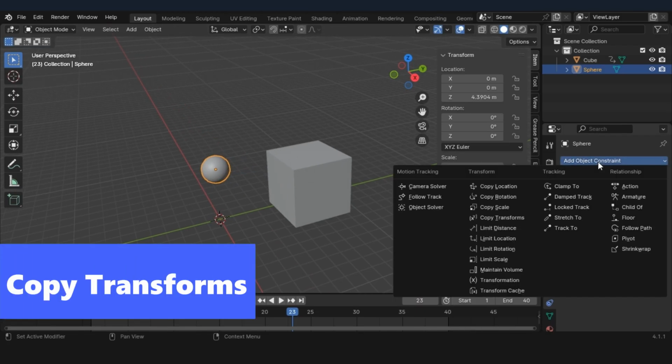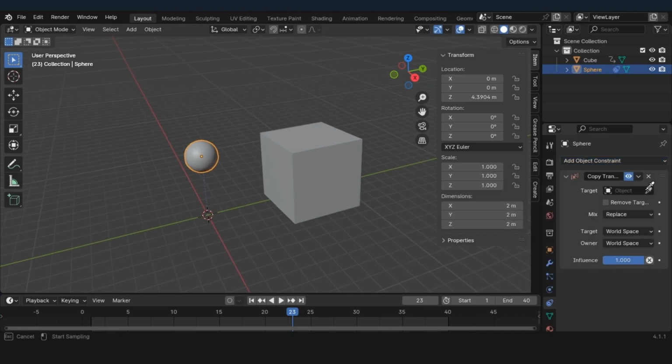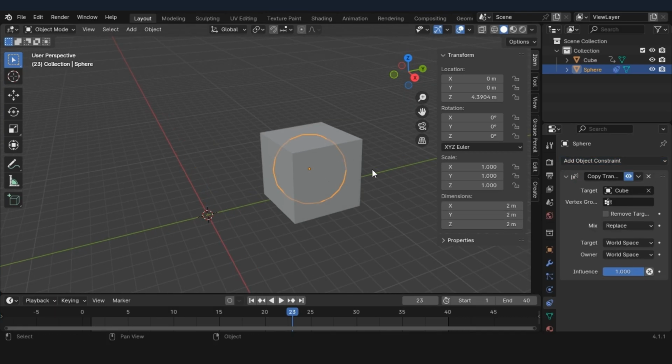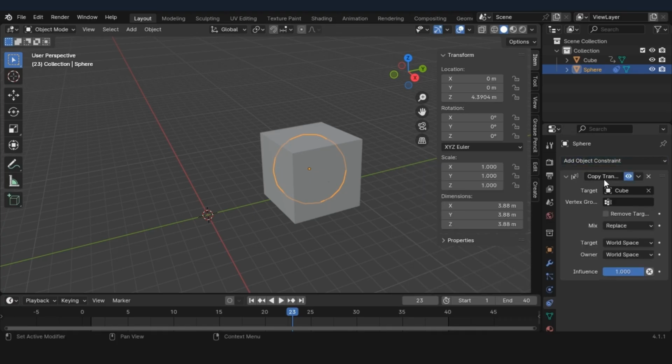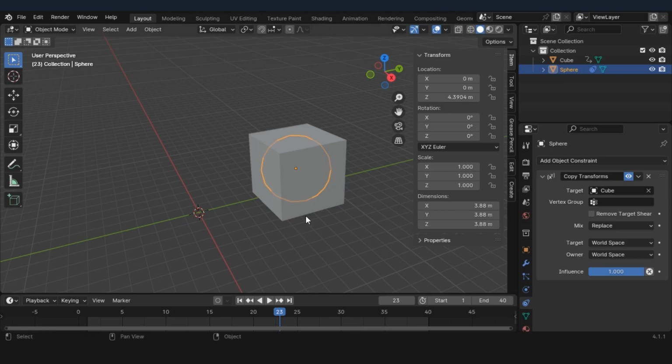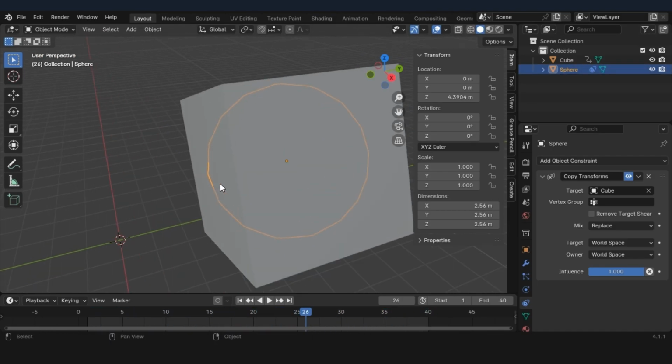Click Add Constraint and choose Copy Transforms. Set target to the cube. Copy Transforms is a constraint that combines location, rotation, and scale. Instead of adding separate constraints for copy location, copy rotation, and copy scale, you can use Copy Transforms to copy